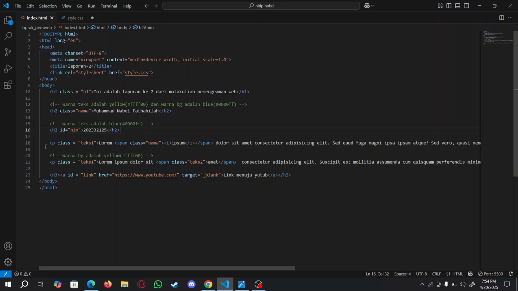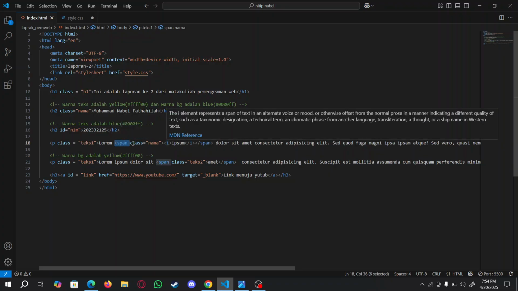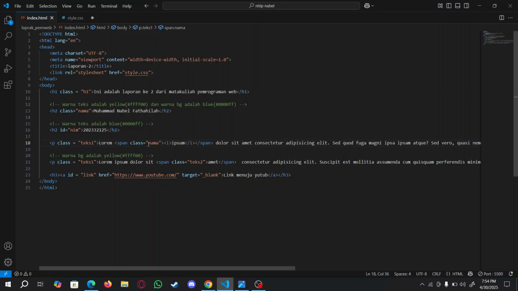Then for the next line, I added a class called text1, and then right here I used span and gave it another class that I already used before called nama, just like the second line, and then I added font style with i, which is italic.